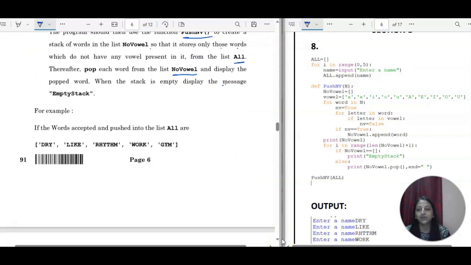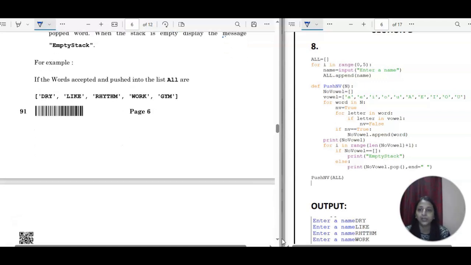Right, now you will go to that example. Please check it properly, because everything is given in the example only. So you have a complete list here and the size is 5. You can see 1 2 3 4 5, 5 elements are there, and you have to separate now all the words from this list in which there is no vowel.